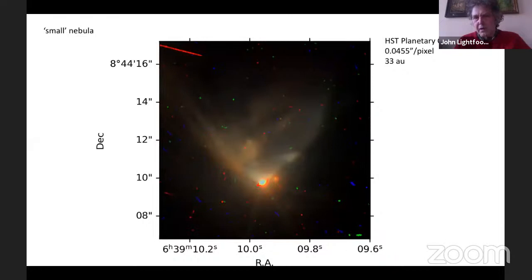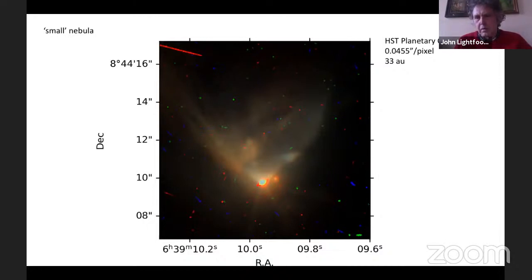So they interpreted this as absorption by the wind from the star, and as you went further up the nebula, you got more of a top view of the star. We're looking down into the wind from a higher latitude, and we're seeing a higher velocity component.